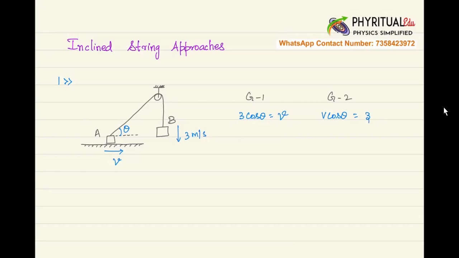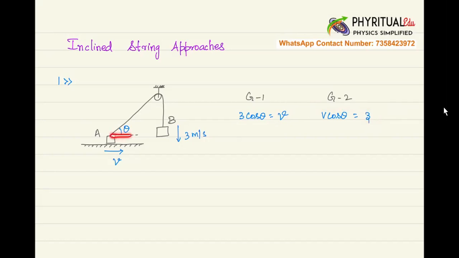There will be very few students, in fact even those students who clear the JEE examinations, they tend to think in one of these two ways. In fact, one of the two answers is correct. Now some of you would have picked this. Of course this is the correct answer, v cos theta equal to 3, but then the logic behind this